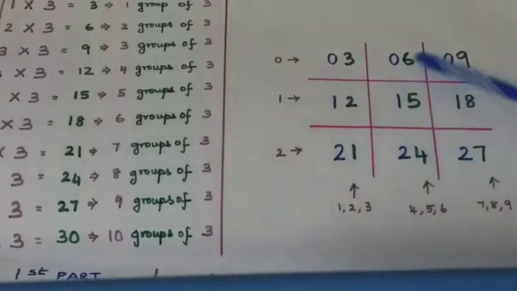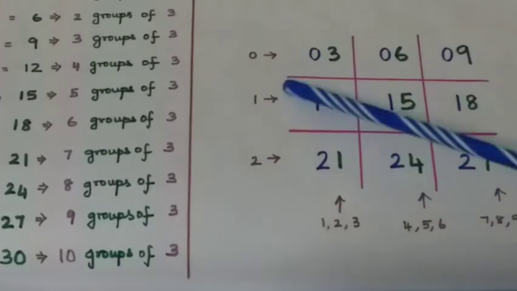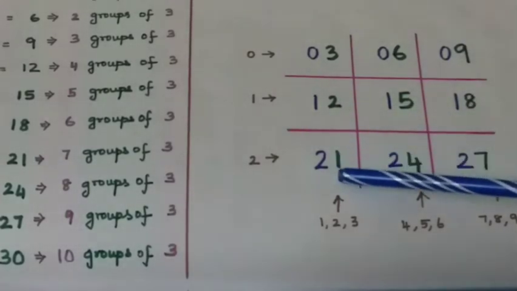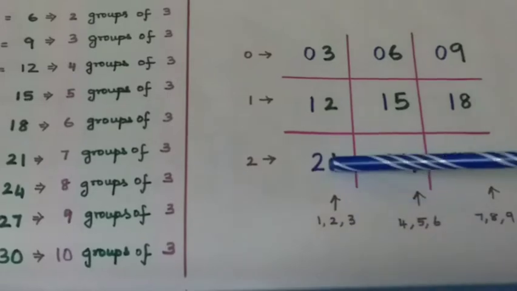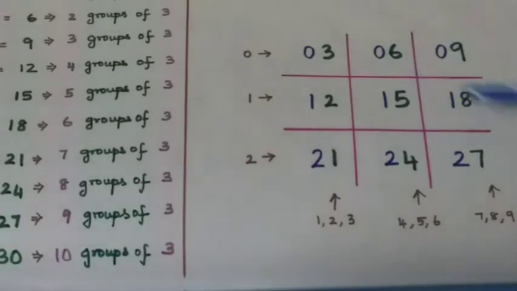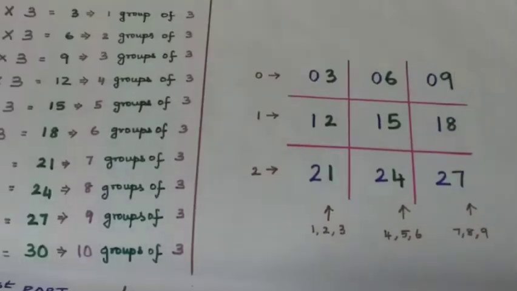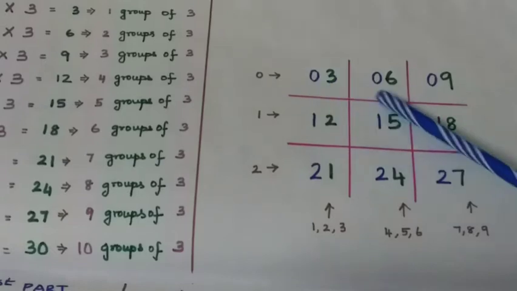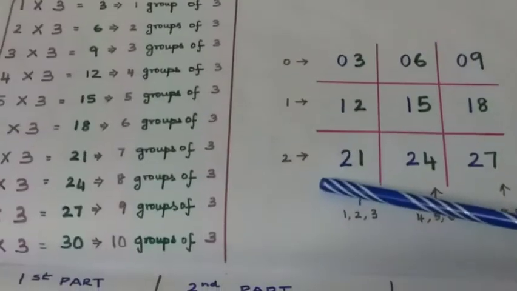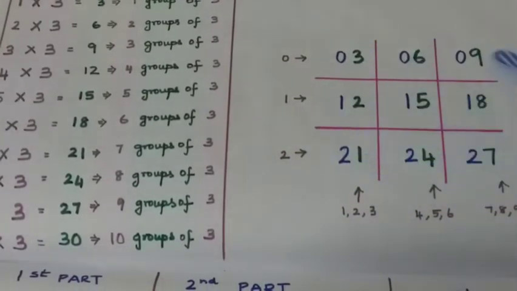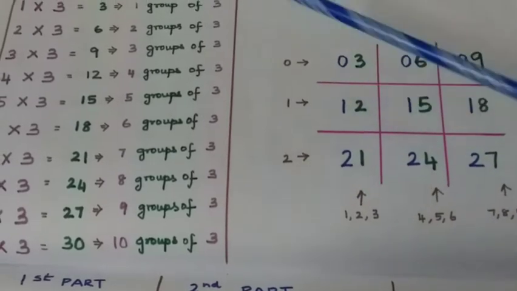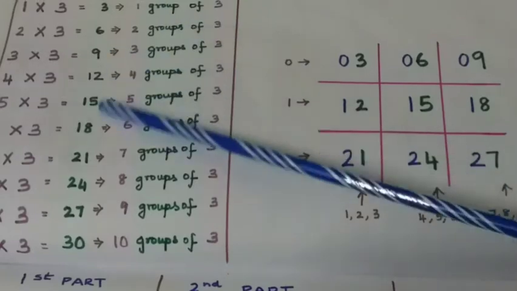Every child knows this game, tic-tac-toe. So you need to put 2 vertical lines and 2 horizontal lines, and first you need to write 1 to 9 in this order, where you need to start from below. So 1, 2 and 3, 4, 5, 6, 7, 8 and 9. Then you need to prefix each of these numbers with 0, the second row with 1 and the third row with 2. So once you prefix these numbers, when you read it in this order, you will get the answers for Table 3.